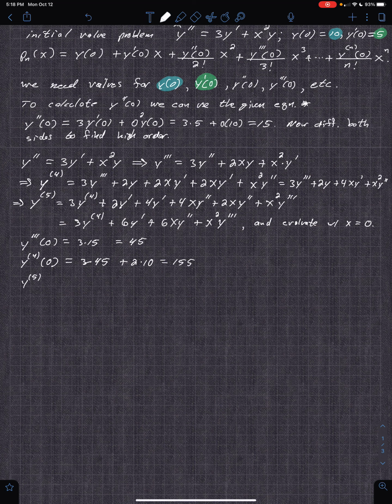Y to the fifth power, no, fifth derivative: 3 times 155 plus 6 times 5 equals 495. Okay, so now you can use that in the expansion and get your p sub 5, basically. So now substituting back into here,